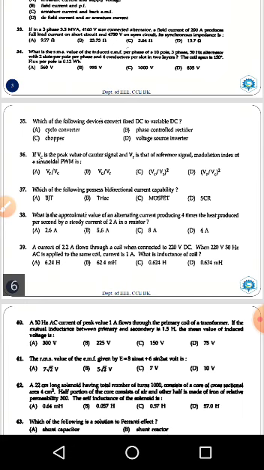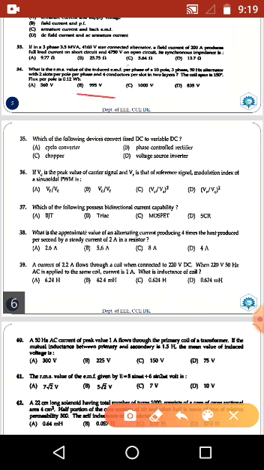Now, in order to determine turns per phase, we need to know the conductors. It is given that there are 4 conductors in each slot. So, find the number of slots. Number of slots is nothing but 2 into number of poles into number of phases. Multiplying the number of slots with the conductor per slot, you will get the total number of conductors, and the EMF value will be equal to 995 volt. The option is B.